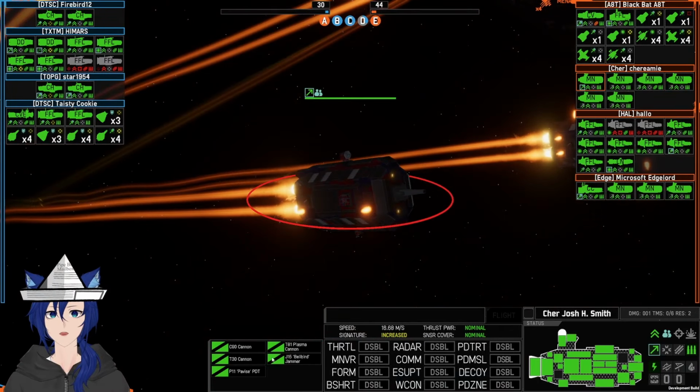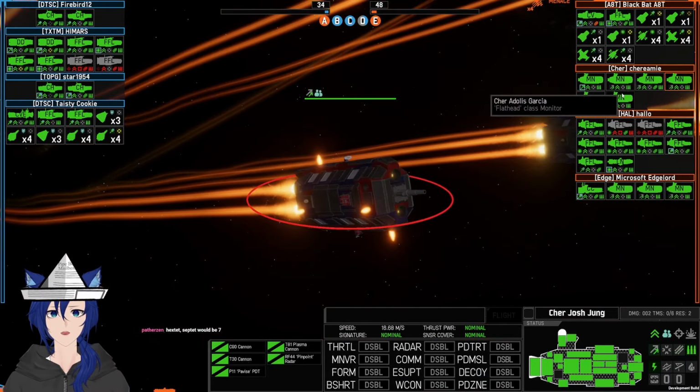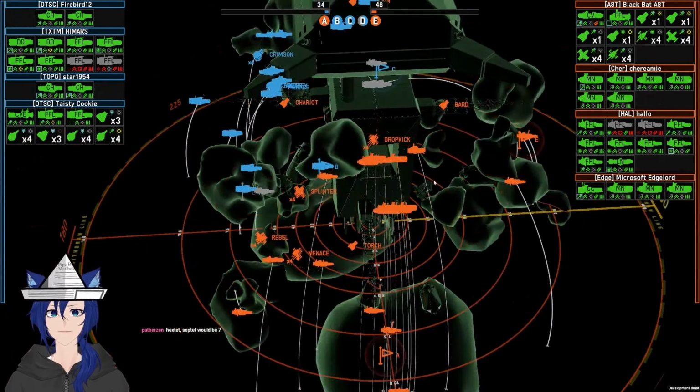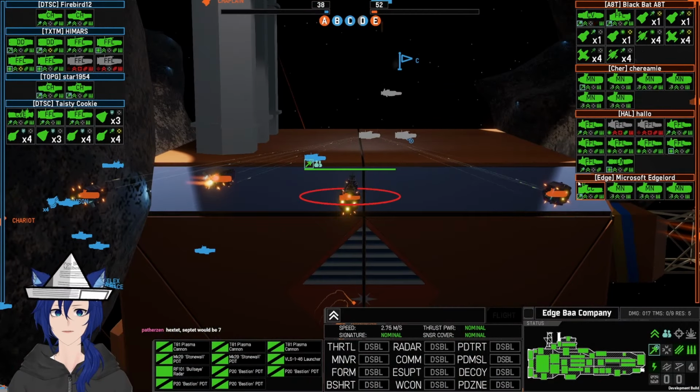Let's do a quick loadout check here in the bottom right. A couple of these are plasma. A couple of them are double T30. All right, so 8 plasma guns by the looks of it, and a bunch of C90. That is a brick of a front line. Nice stuff. In the front, ahead of them, is going to be Microsoft Edgelord, who's got a...